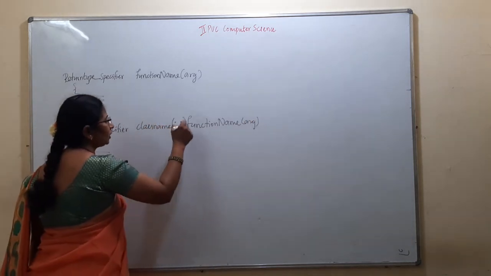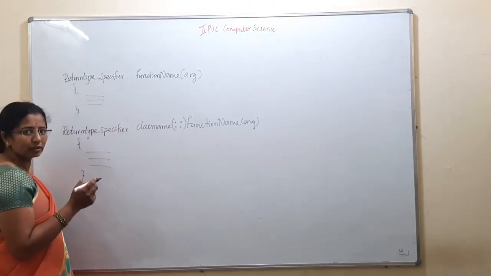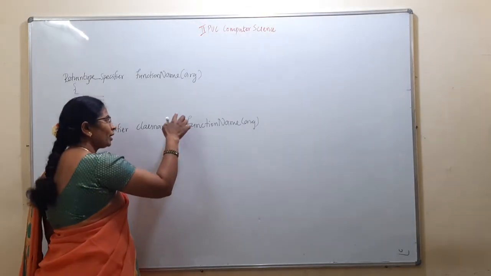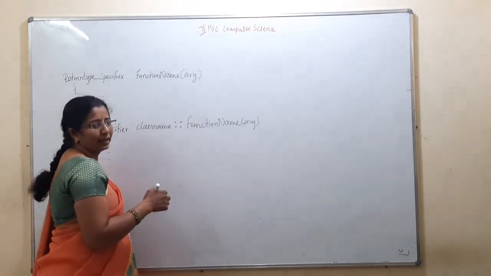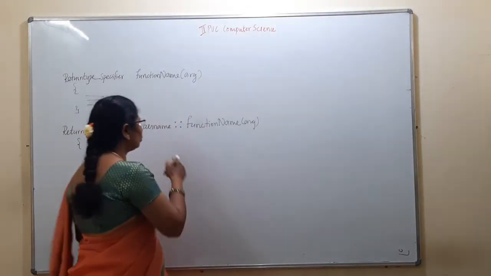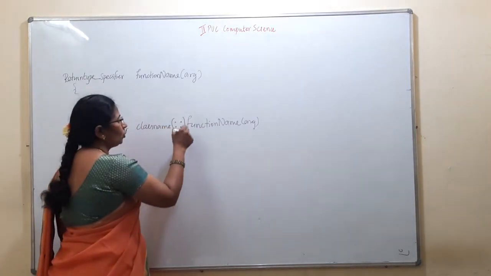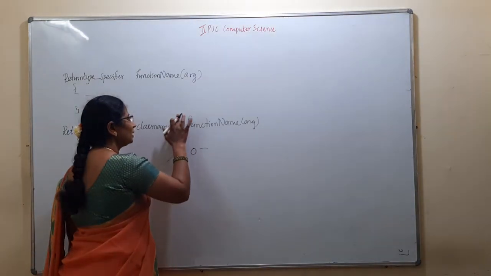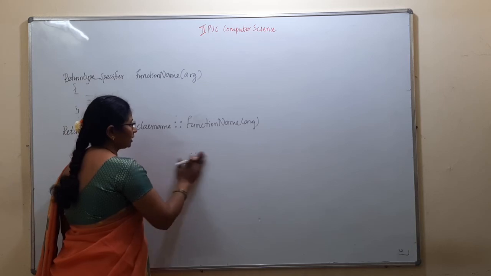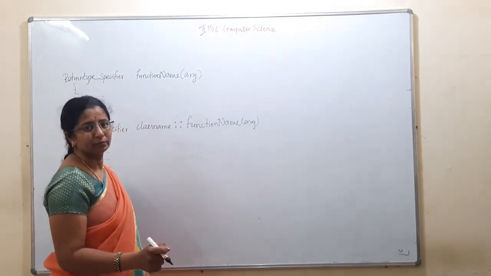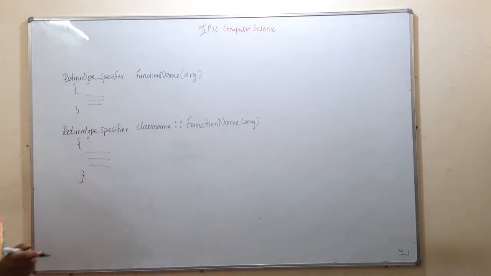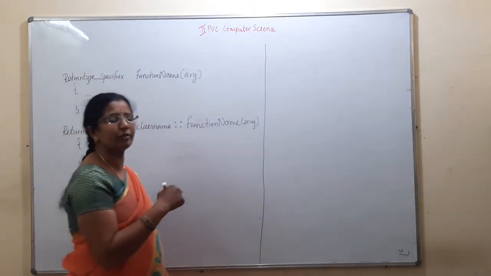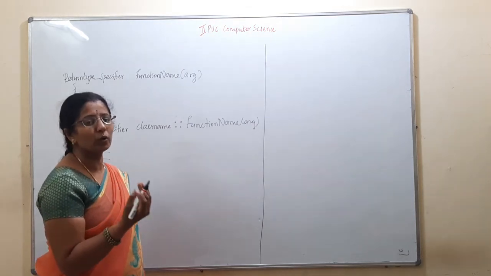Did I give this one? No, right? Why have you included the parenthesis for the scope resolution operator? There is no parenthesis in the syntax, students. Please don't write it. Even though the syntax was correct, if you enclose it within parentheses, you will get completely 0 marks. There is no parenthesis added for the scope resolution operator. Then, one complete example I have given supports both defining a member function inside the class and outside the class.